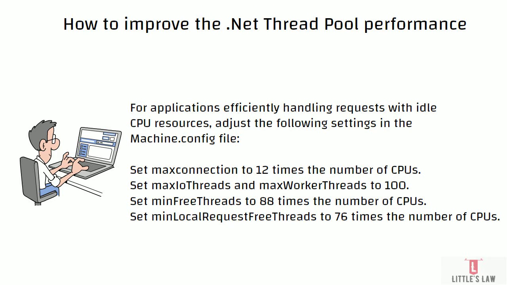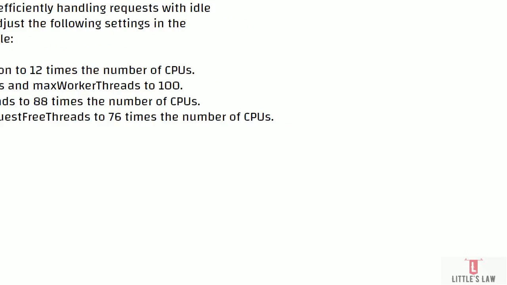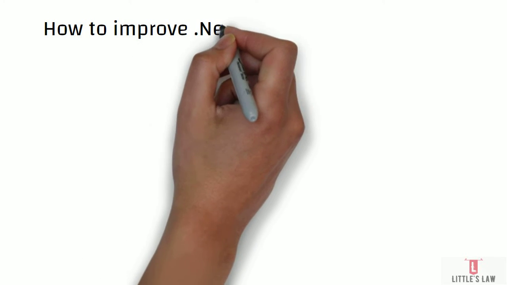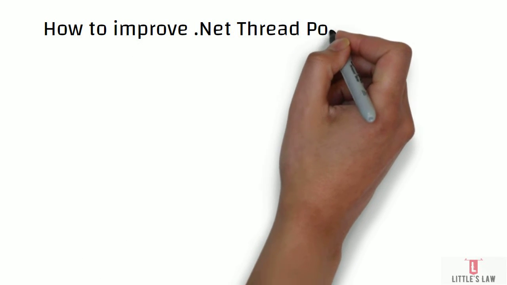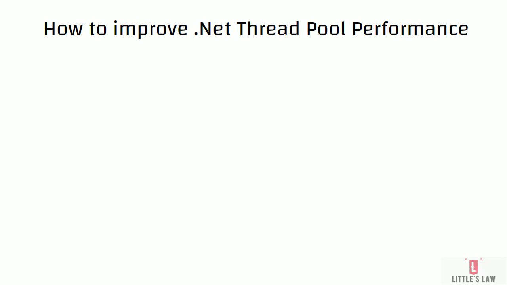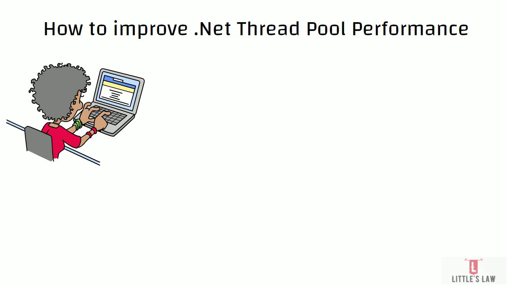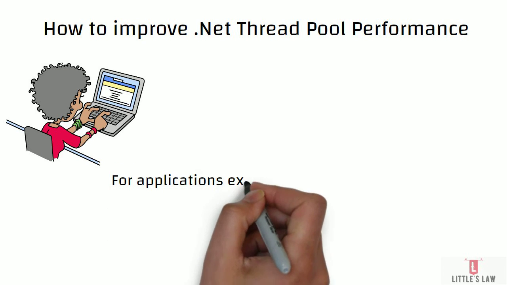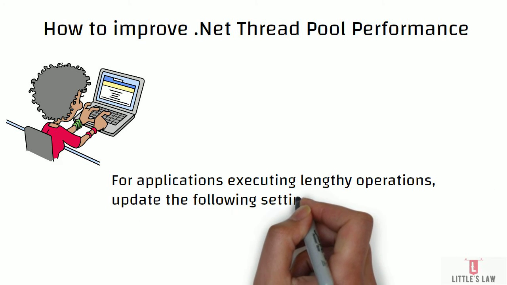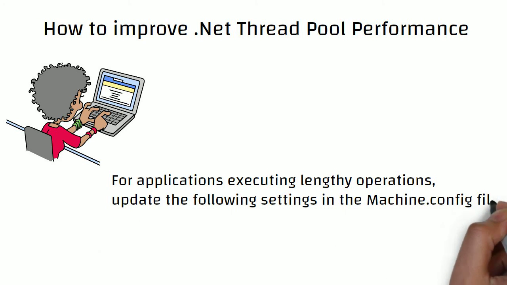And then if your application gets lots of requests all at once after being idle, you have to try increasing and decreasing the minimum worker threads and the minimum IO threads. So if your application has tasks that take a long time to finish, you have to tweak these following settings in the machine.config file. For example, you have to set the maximum connections to 12 times the number of CPUs, and